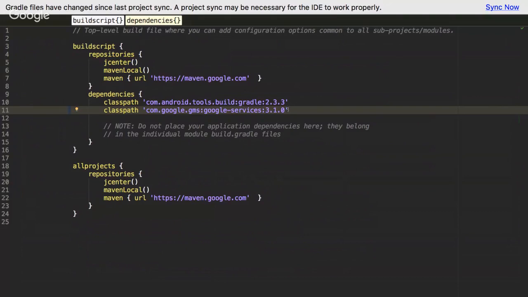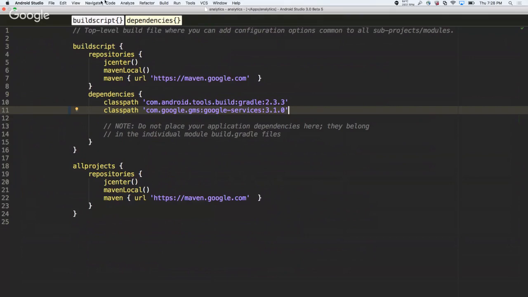The version is like 3.1.2. At the time of me building it, it was 3.1.0. Yay. So once we have this portion,